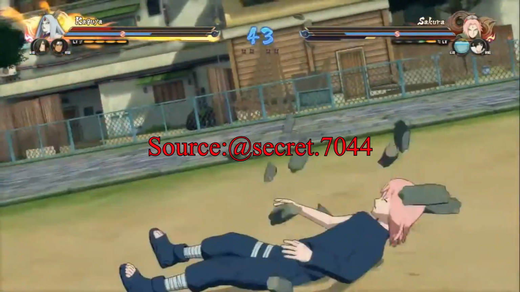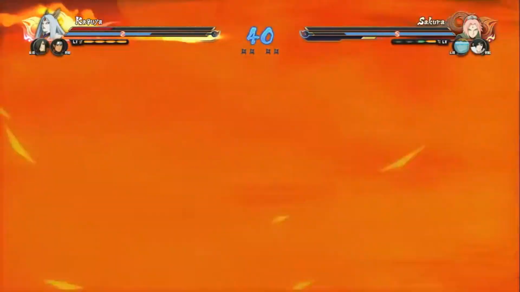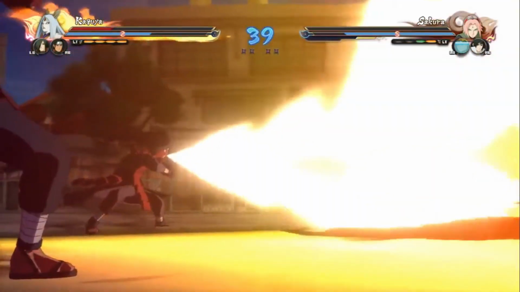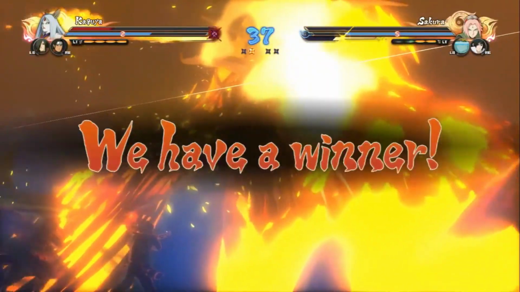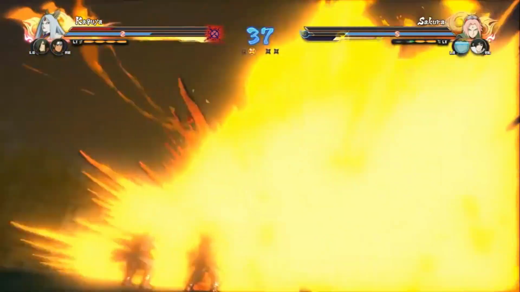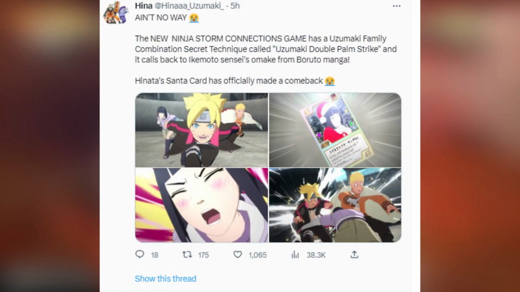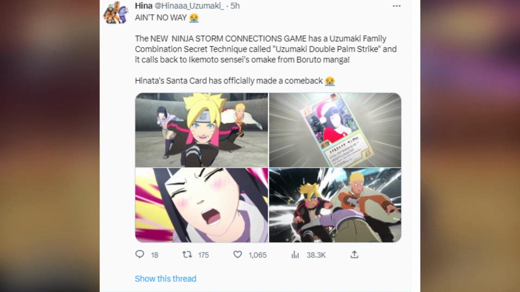I love that team ultimate because there's so much personality in both of the characters, and I think they absolutely nailed it. I could literally imagine Hashirama and Madara doing that secret technique, or just doing attacks together and having that personality. So they do a very good job with this aspect of the game, and they have fun with it, which they should, because I enjoy the quirky team ultimates, the cool, funny ones, the unserious ones, and the serious ones. But anyways, check out the new secret